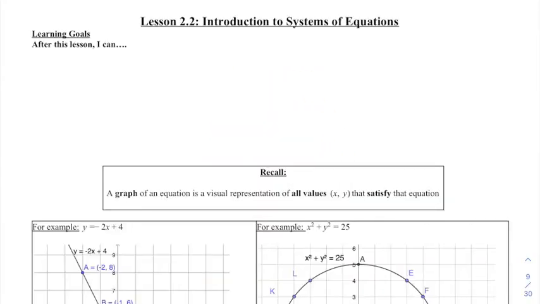Hi guys, and welcome to lesson 2.2, Intro to Systems of Equations. After this lesson, you should be able to recognize what a system of equations is,